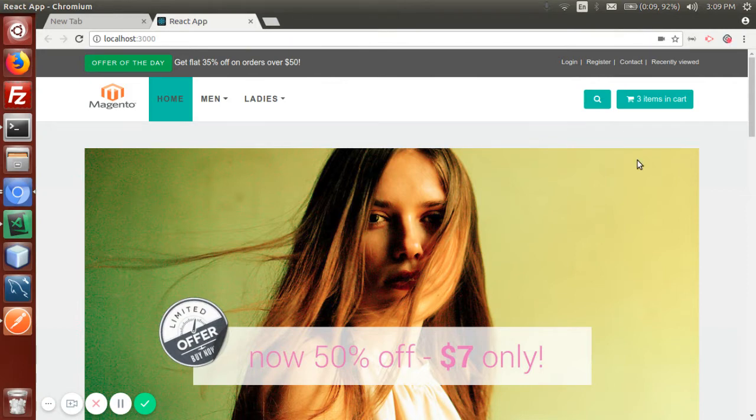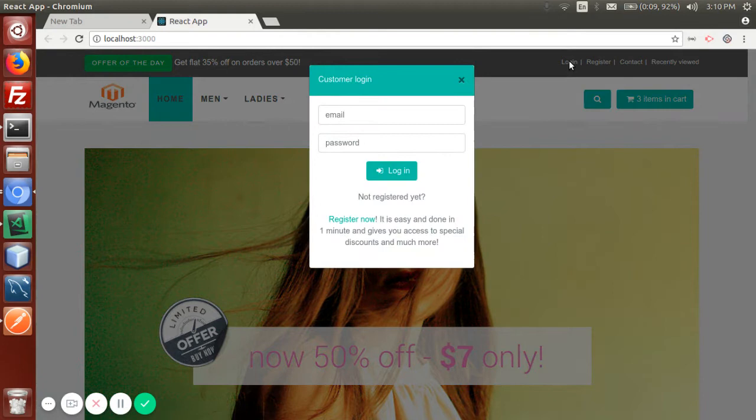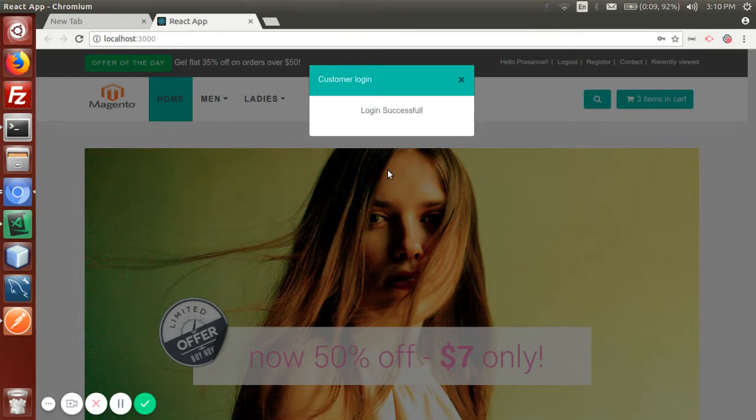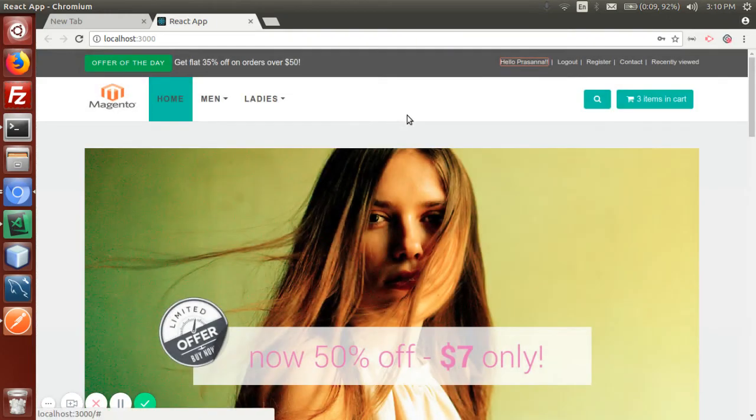Here in this application, which is already running, I have added this link. I've created the login modal. Here we can add the email ID and password. I'm using the credentials I already created. Added the password, click on login. The login is successful, and here we can see I have fetched the customer detail.